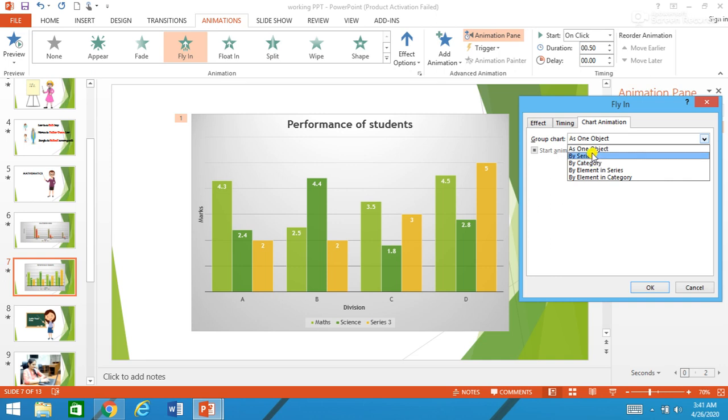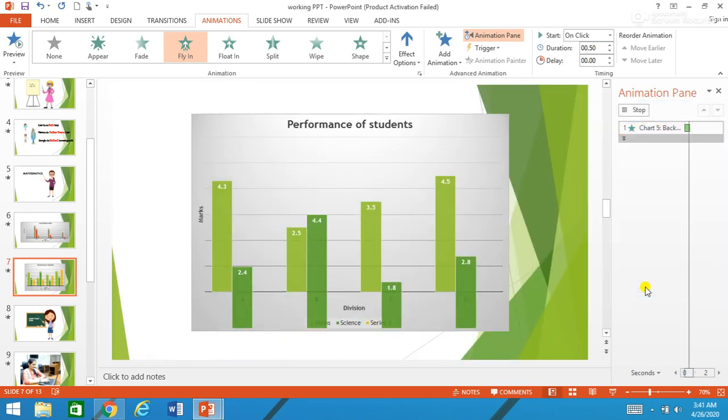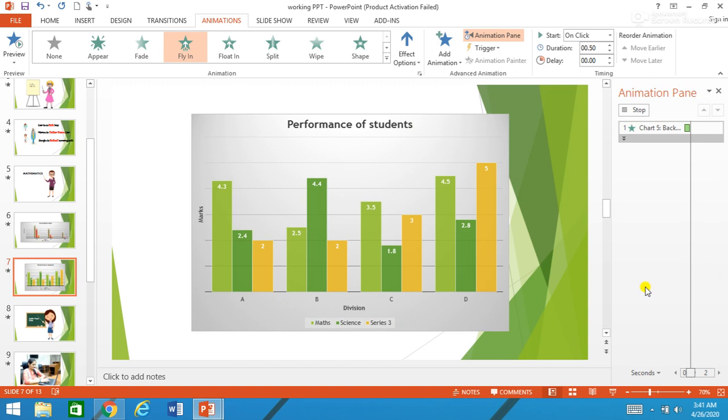That is, for my chart, you can animate the chart by division or by subject. Suppose I select by series, that is by subject. I just click OK. See how this is going to appear.